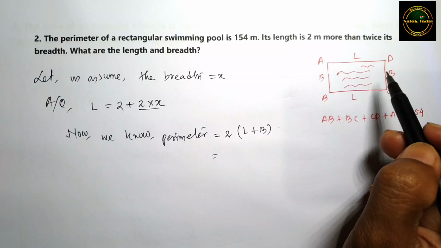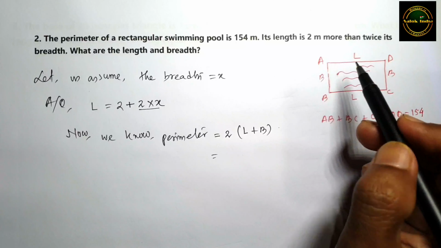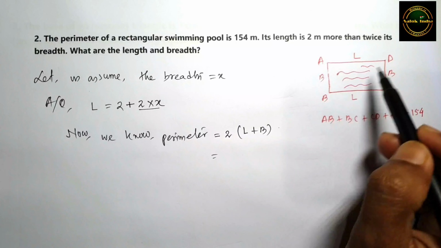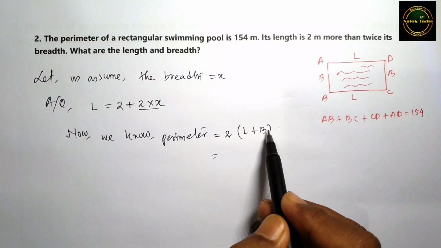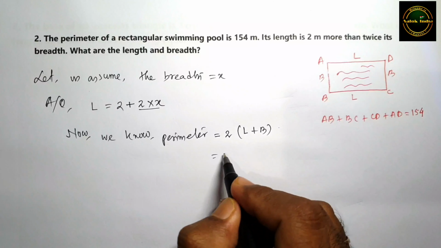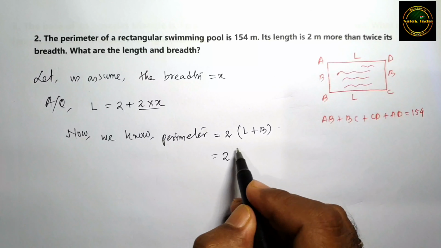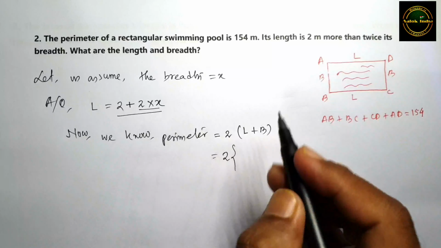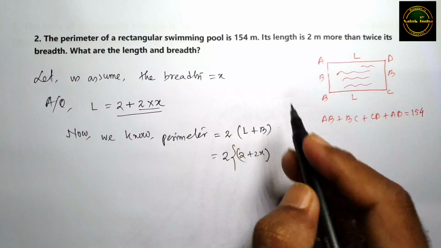So if we calculate the perimeter, it means this side plus this side plus this side plus this side. Ultimately, 1 length plus 1 length is 2 length, and 1 breadth plus 1 breadth is 2 breadth. So if we take 2 common, it comes 2 into length plus breadth. Now here the length we got is 2 plus 2x, so in place of length we will put the value 2 plus 2x, and the breadth we have assumed is x,